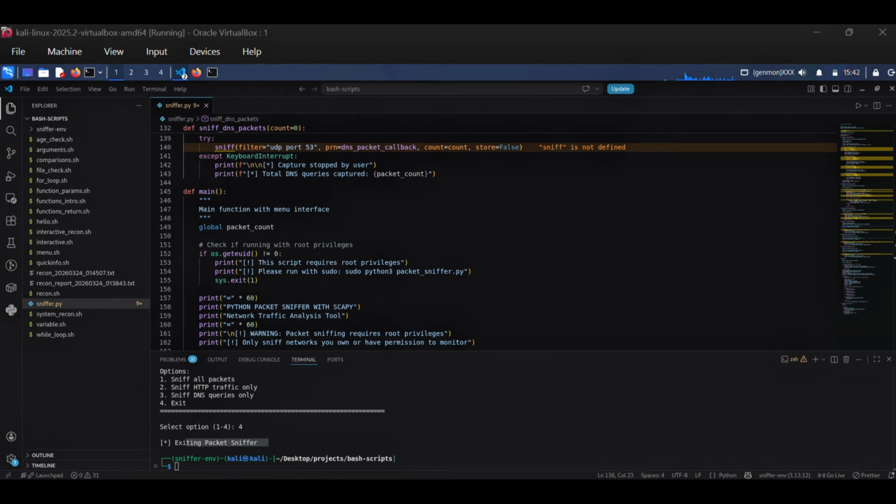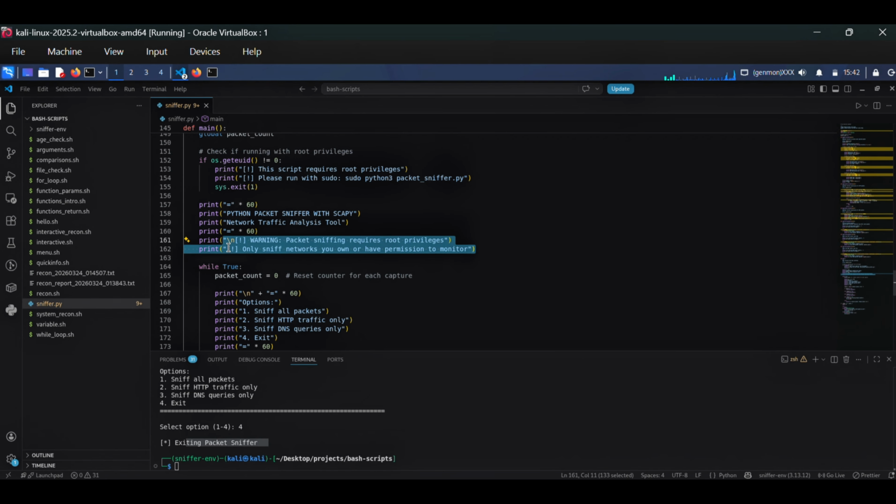Then the getEUID function returns the effective user ID. 0 means root. So if no root, we print an error and exit. Packet sniffing won't work without root privileges because it requires raw socket access, and that is why we need the root privilege. We are also printing a warning about legal and ethical use because unauthorized packet sniffing is illegal